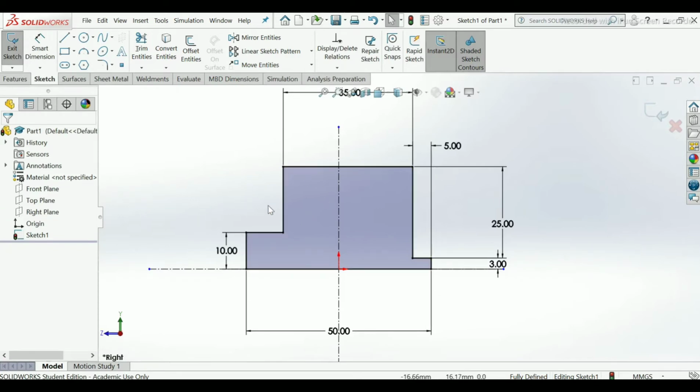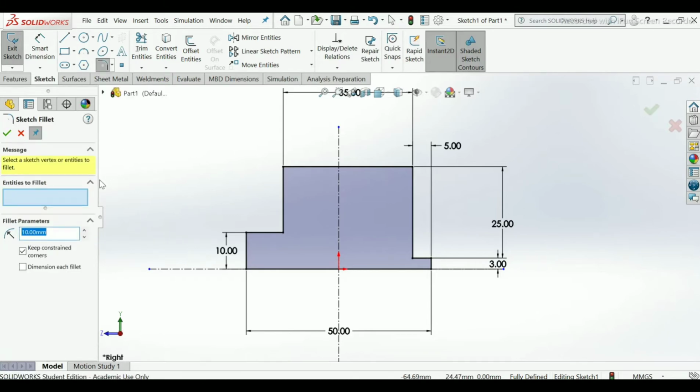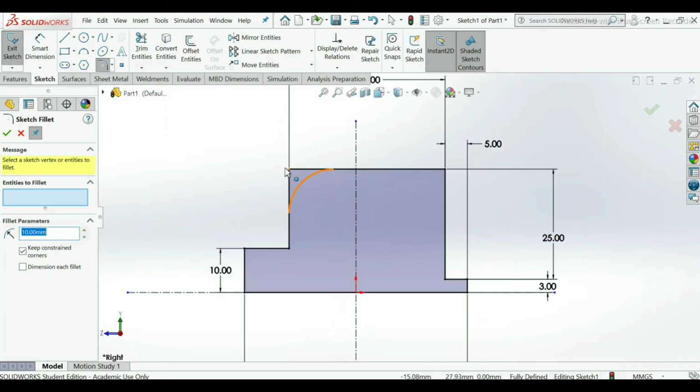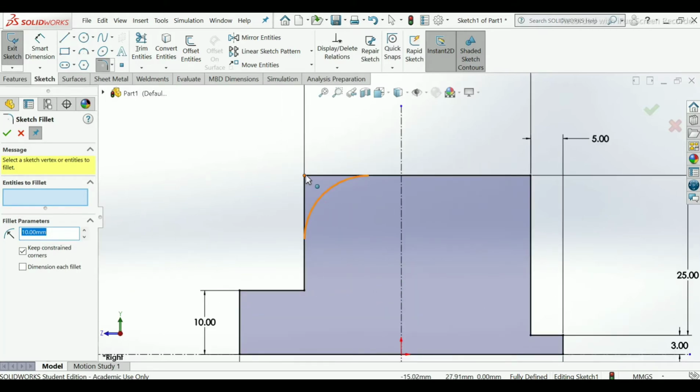Now our last part will be to make a fillet. Use sketch fillet, take 10 mm radius, select the top point here, you can see it, okay.